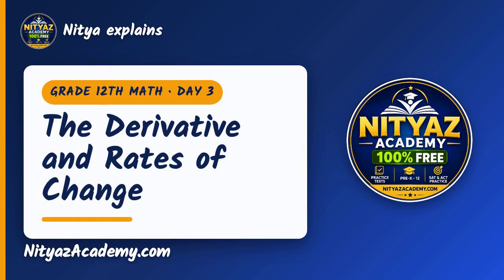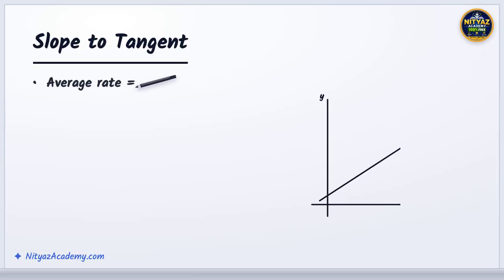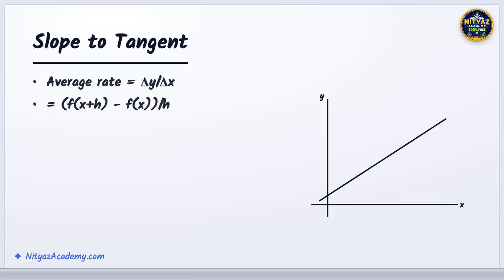Let's learn the derivative and rates of change together, step by step. The slope between 2 points on a curve is the average rate of change, the rise over the run. Now imagine sliding the second point closer until the gap h shrinks to 0. The secant line tilts into a tangent line, and that average rate becomes the instantaneous rate of change at a